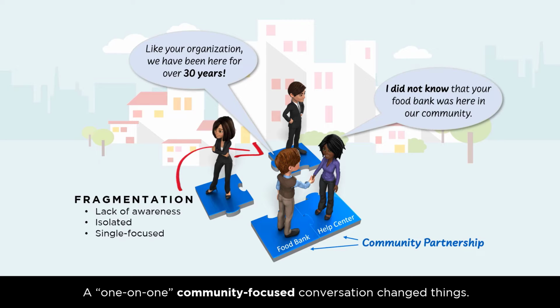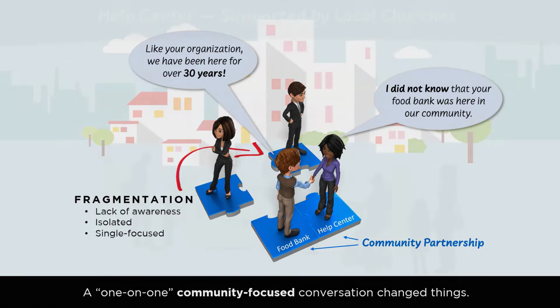I recently learned that our Help Center, which has been around for over 30 years, just discovered and connected with a large food bank that has also been in our community for about 30 years as well. Surprisingly, the Help Center leadership did not know about the local food bank, which could provide the Help Center with lots of food free of charge. This is a classic example of what we have discovered across the country. Lots of helping others is going on in communities. However, most of it is fragmented, where the right hand does not know what the left hand is doing.